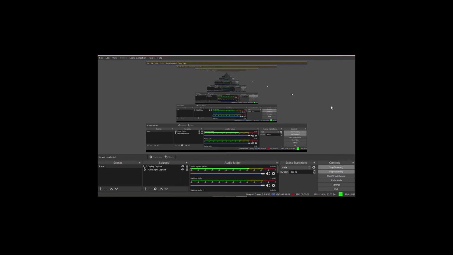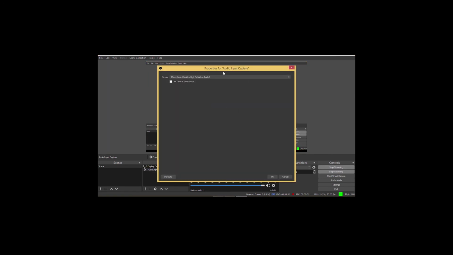The second technique to see myself on screen recording is with the help of OBS Studio.